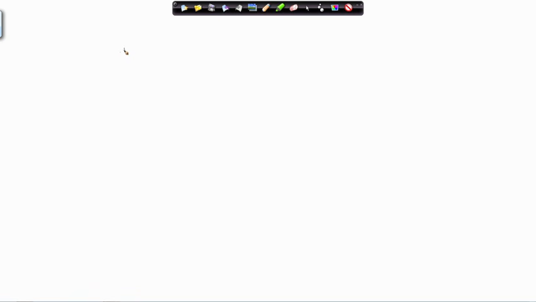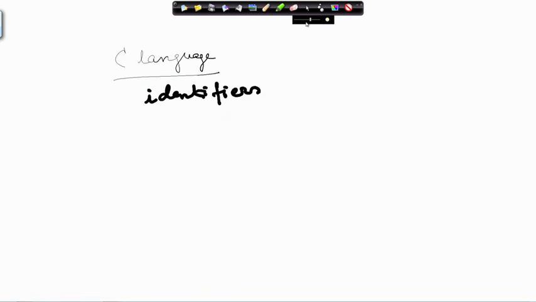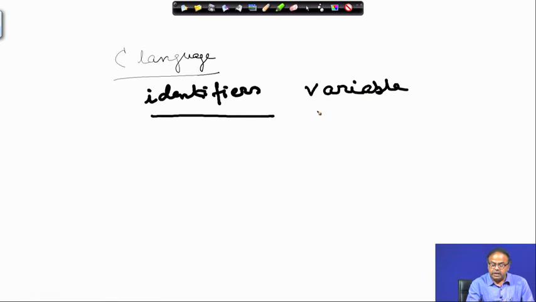So, till now we have looked at how in C language we can write the identifiers, which are used for writing the variable names and the constant names.